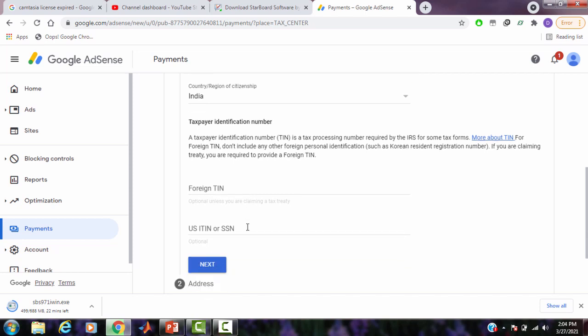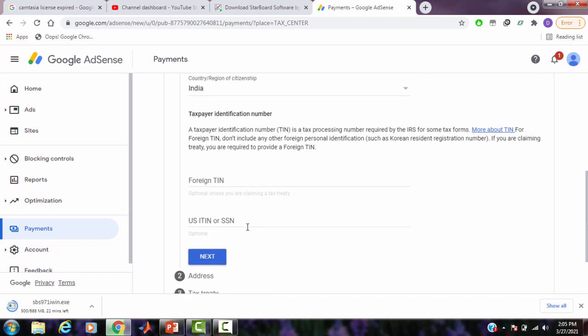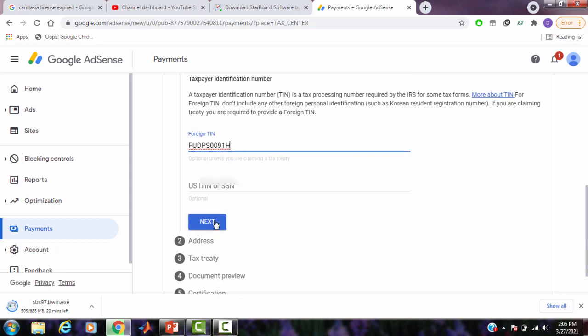Next they will ask you about the taxpayer identification number. In India it is the PAN number, or permanent account number. So in the option Foreign TIN, you have to type your PAN number. After that you can see another optional space, US ITIN or SSN. You can skip that and click on Next.